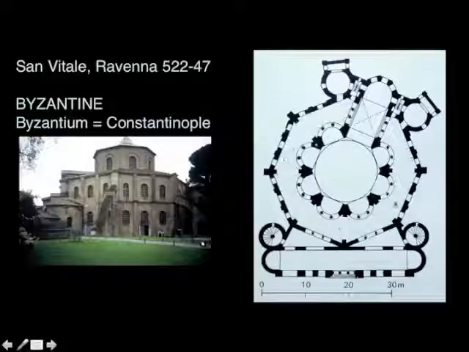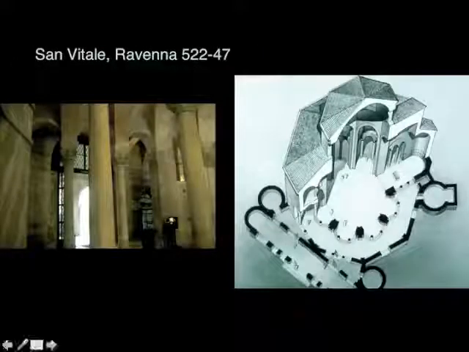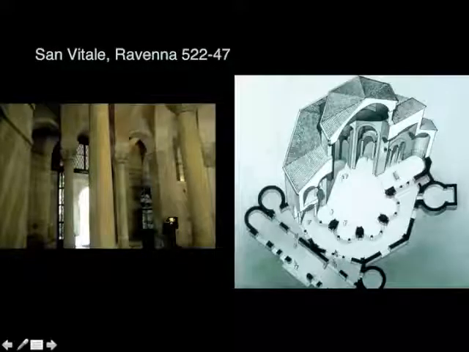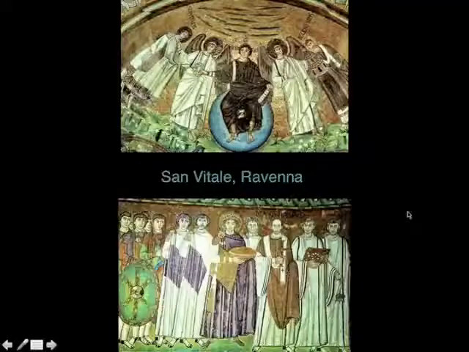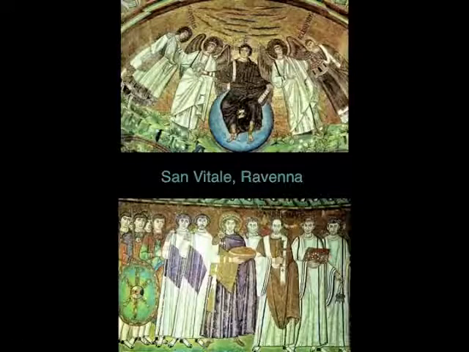of this notion of the silicon section within a round form, but also a transformation of that with an extension that recognizes the axial nature of Christian liturgy. Here's a cutaway of the San Vitale church. You see a big dome up here, and it has the same kind of wall treatment that we saw in Galla Placidia. Mosaics cover all the walls, and the mosaic program here is showing you the courts of Justinian,